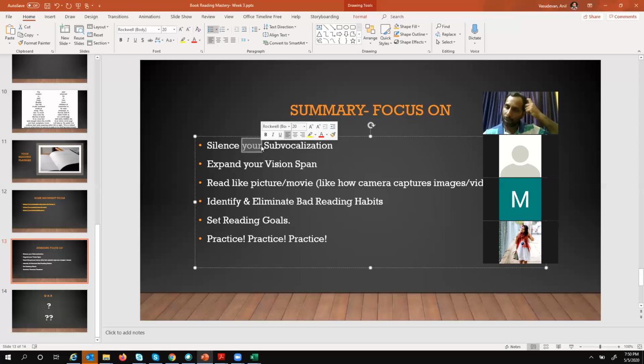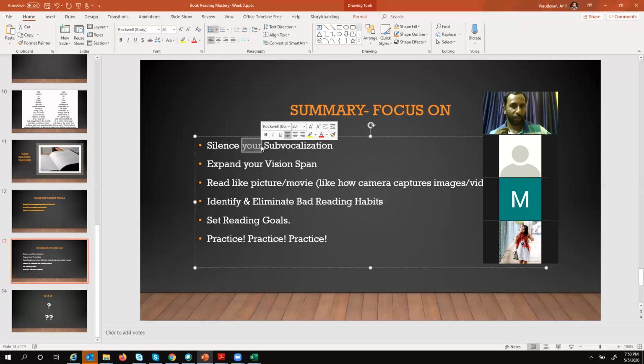Then read like a picture movie. That's what I was telling. Our objective of reading is to understand what they are trying to convey, understand the message behind it, not to read each word by word. As we all know, when you read a sentence, you never read each and every letter in a word. You get a lot of WhatsApp messages where you put the spelling wrong, but still you are able to read because you are actually not reading each and every letter there. You are trying to understand what the word is.